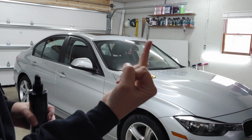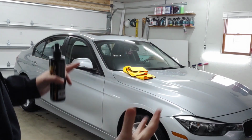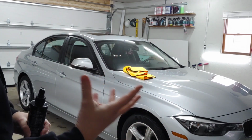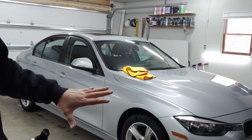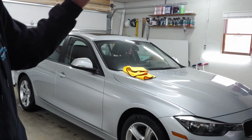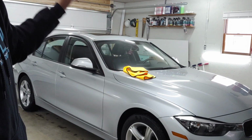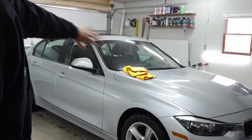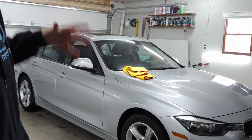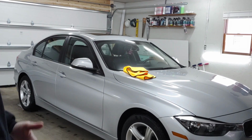Replenish the coating because there's SiO2 within the rinseless wash, and it's just going to enhance the gloss and shine, enhance the protection, and just safely wash and dry it. So that's one way to go ahead and do it, but there's other ways too. With the Hydro Blue, you can use their pressure washer, soap it up, rinse it off, spray Hydro Blue on there, and rinse it off, and you're going to be able to replenish your coating that way. So like I said, there's a couple different options when it comes to maintaining a ceramic coated vehicle,